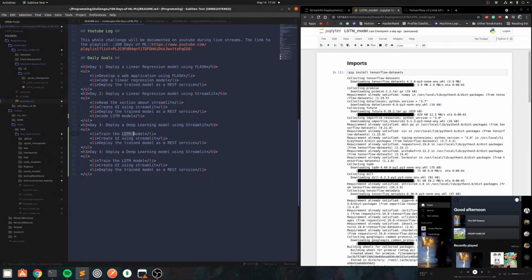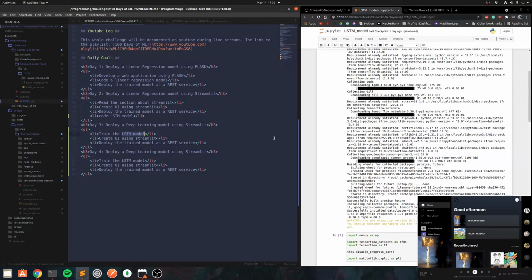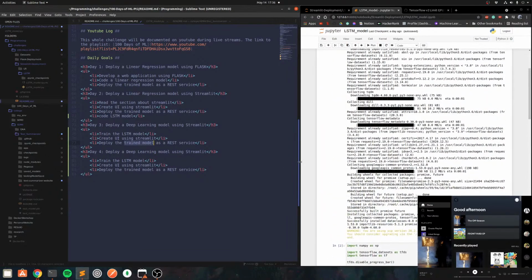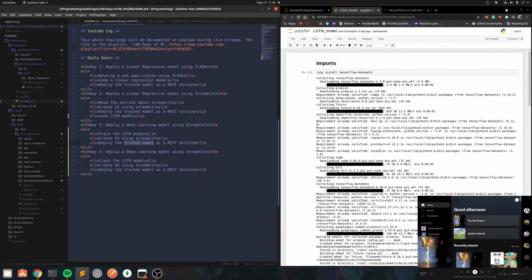So, day 3, deploy a deep learning model using Streamlit. And I believe we were training the LSTM model, which is a recurrent neural network. We have not created the UI, so we have to do that today and deploy the trained model as a REST service if we can get the model to be trained. So I think the error we were having yesterday was something to do with